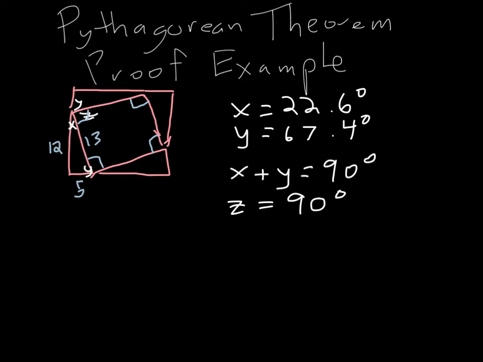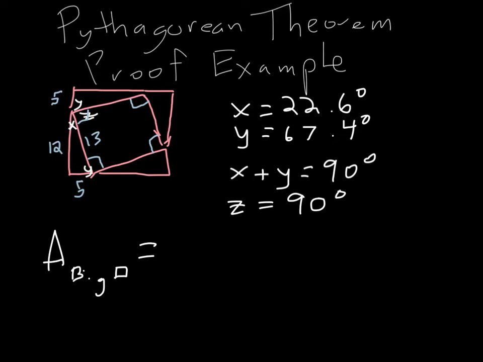So the area of the small square is just going to be 13 squared. The big square has side length of 17. So we know that the area of the big square